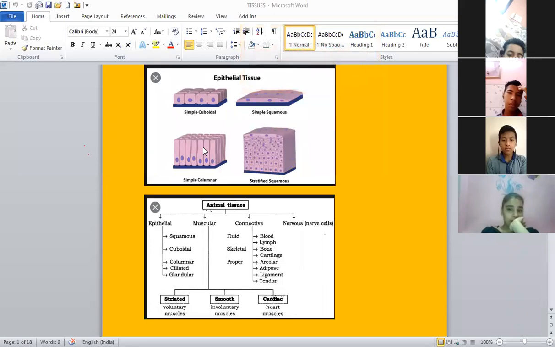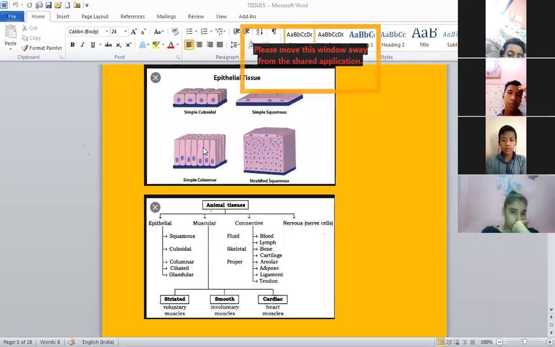They are also columnar or cuboidal cells which bear numerous protoplasmic threads or cilia on their free surface. They may be columnar or cuboidal having hairs or cilia on their surfaces. And they are located usually in the fallopian tube and in the respiratory tract, that is trachea and bronchi. And their function is they move particles or mucus over the epithelium in a specific direction.